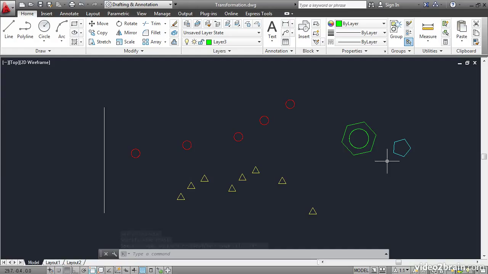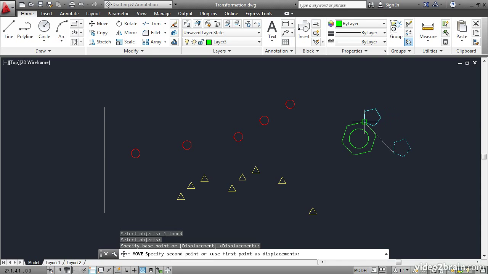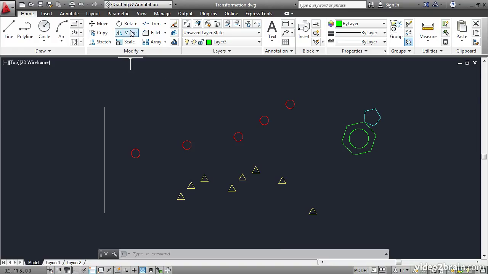You can also rotate objects relative to other objects. To see this, let's move the pentagon so that one of its vertices is coincident with one of the vertices here on this hexagon. I'll move the pentagon, Enter, from this vertex to this vertex. I'm using running endpoint object snap to make this easier. Then I'll use Rotate, select the pentagon, Enter, click this as the base point of the rotation,